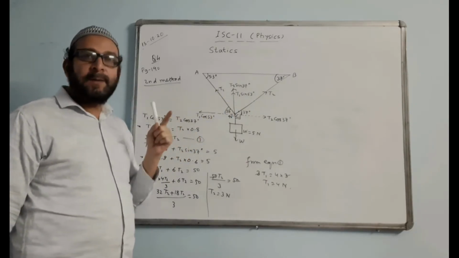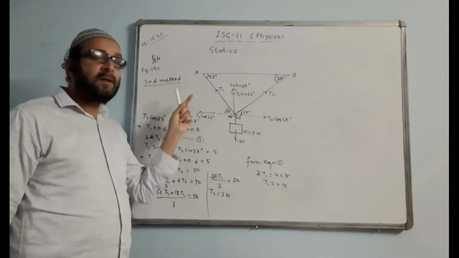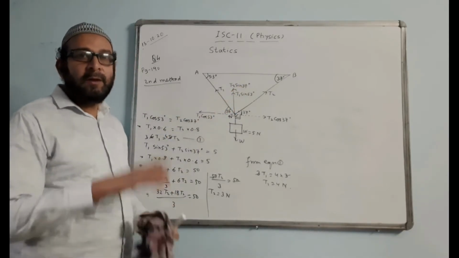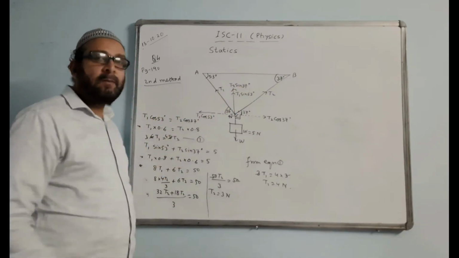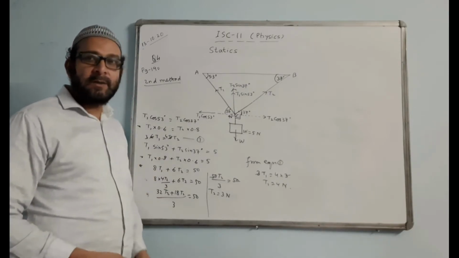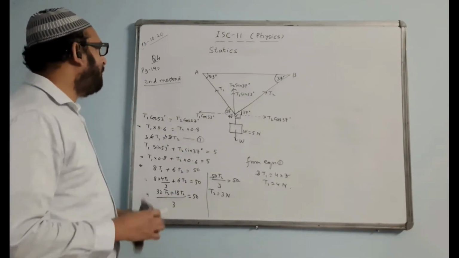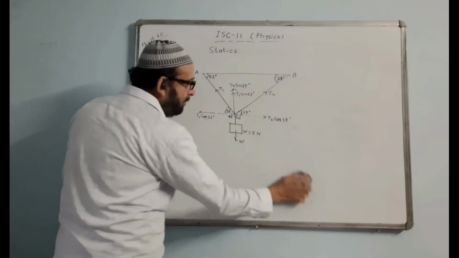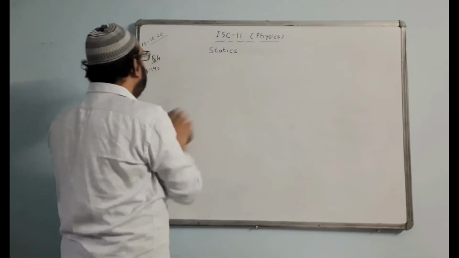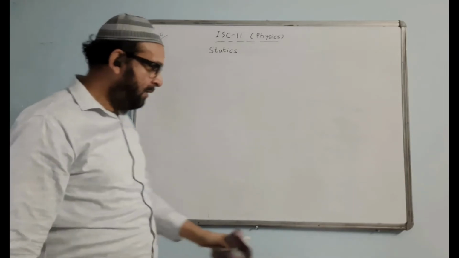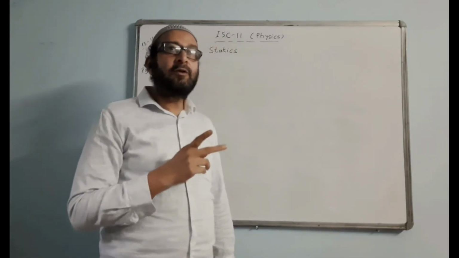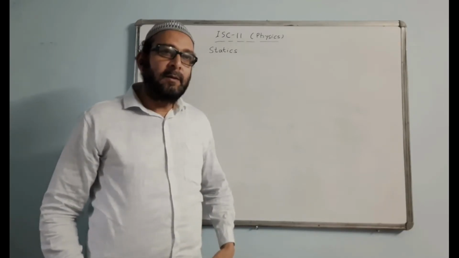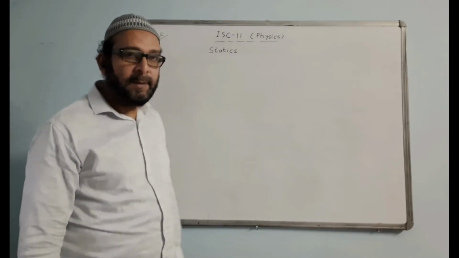If only one of them is breakable into component, I think I did this problem previously in the previous class. That time we broke that one into components and the solution became easier. Though we can use Lami's theorem in all the cases, or breaking into components in all the cases, breaking into components will be easier in a particular case and Lami's theorem will be easier in a particular case. You have to see that properly. If two of them are breakable into components, then Lami's theorem is easier. If only one of them is breakable into components, then the direct breaking into components method will be easier.